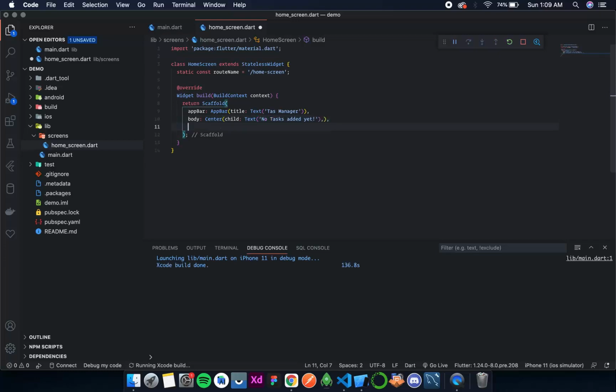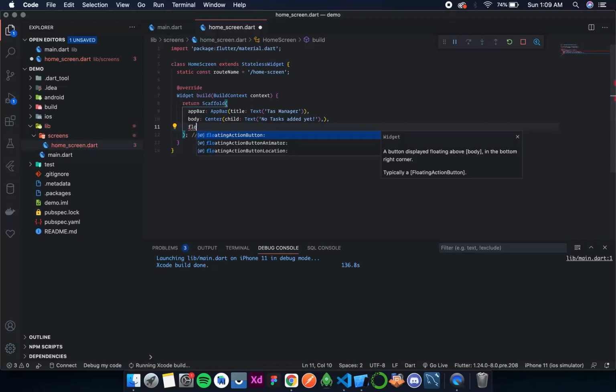Cool. Now let's add the button clicking on which we will be able to create a task. So the best option would be to create a floating action button. That will take a floating action button widget.